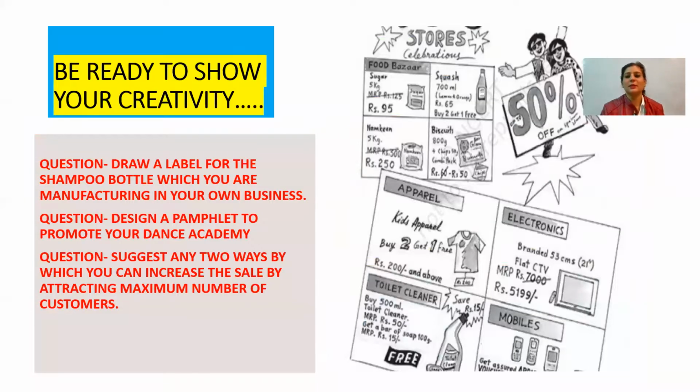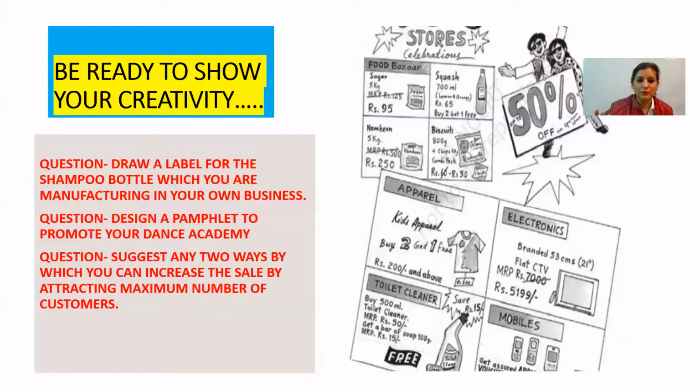And these are some creativity based questions. Till now you have never faced these types of questions, but we are expecting CBSE may ask this type of question. If I ask you to draw a label for the shampoo bottle which you are using, will you be able to draw? Yes, we will be able to draw, because we know there are 2 labels, front label and back label, expiry date, manufacturing date, directions to use, price, and ingredients used. But we don't know which ingredients have been used in shampoo. Don't worry, put dashes.